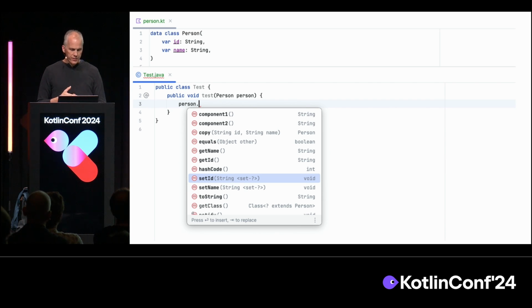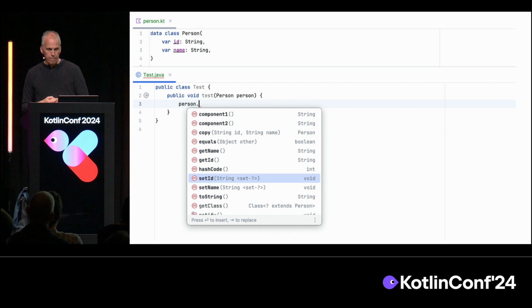So if you look at the very simple class on top, it's a Kotlin data class, which has two properties. So you might expect that UAST would represent this as a UDataClass with two UProperty children, right? But Java doesn't support properties. So if you try to access this data class from Java code, which you can see that I'm doing in the code completion pop-up here,